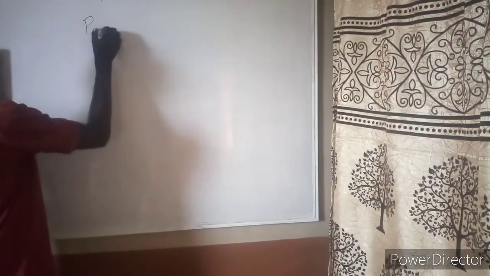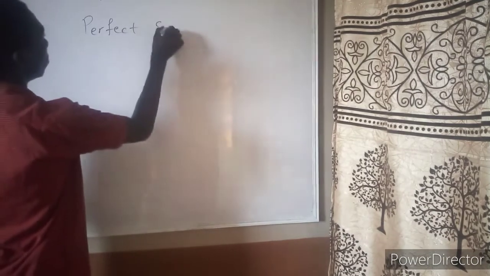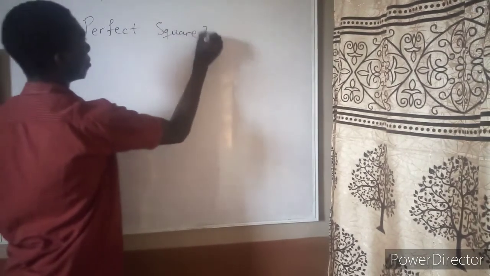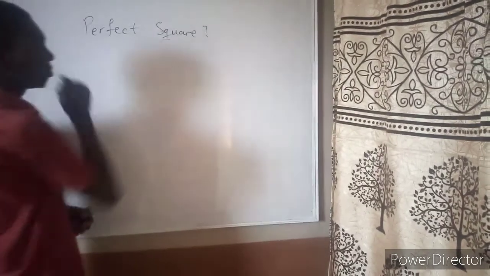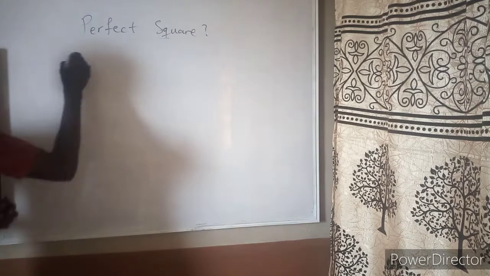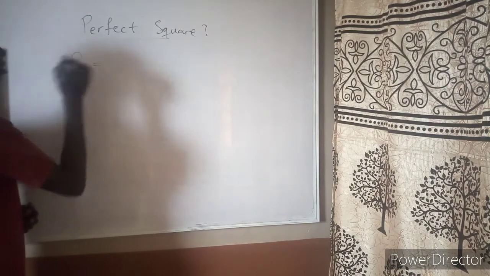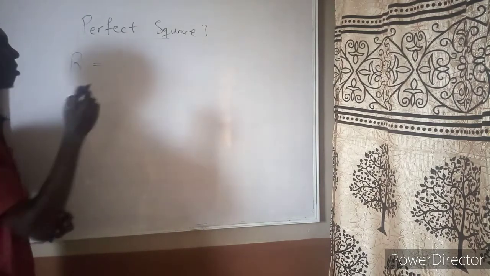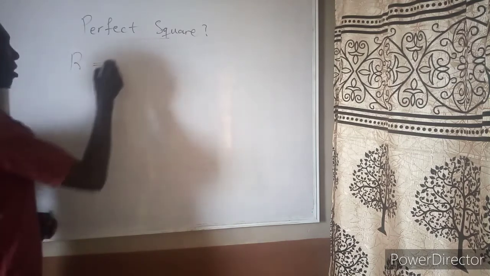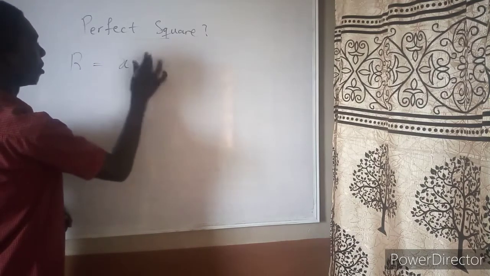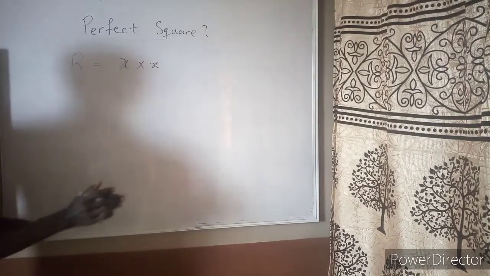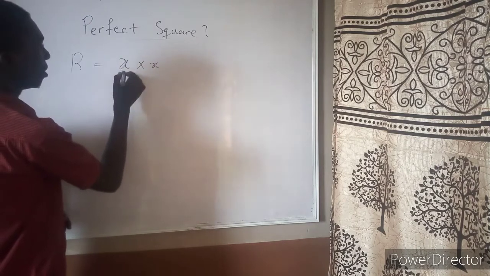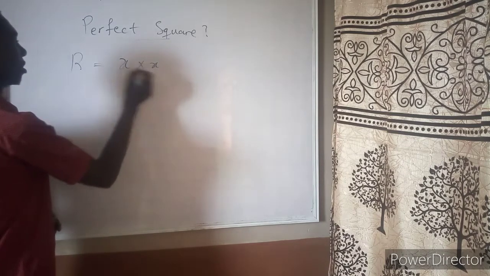Now, firstly, let's understand the concept of a perfect square. What do we understand by a perfect square? A perfect square is the result of a number multiplied twice, or better still, the result of an integer multiplied twice. That is, if I have x times x, where x is an integer, be it positive or negative, multiplying itself twice,